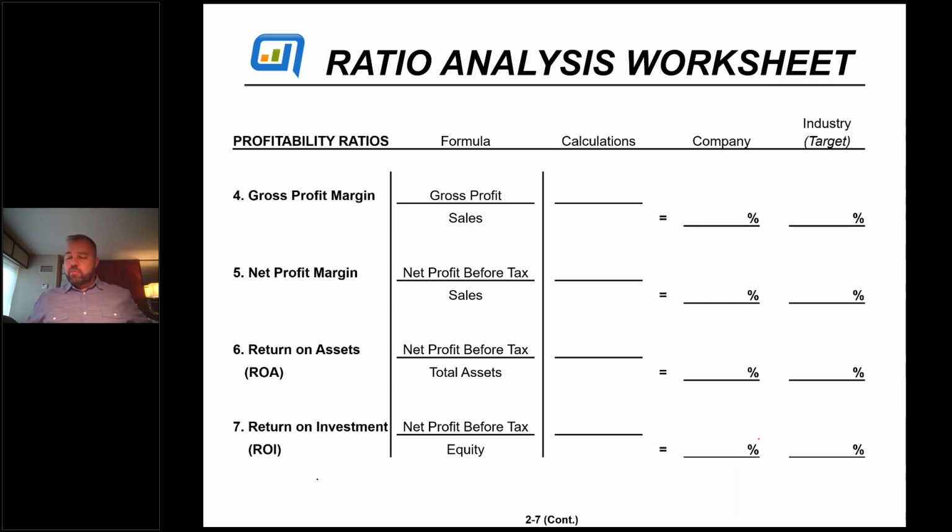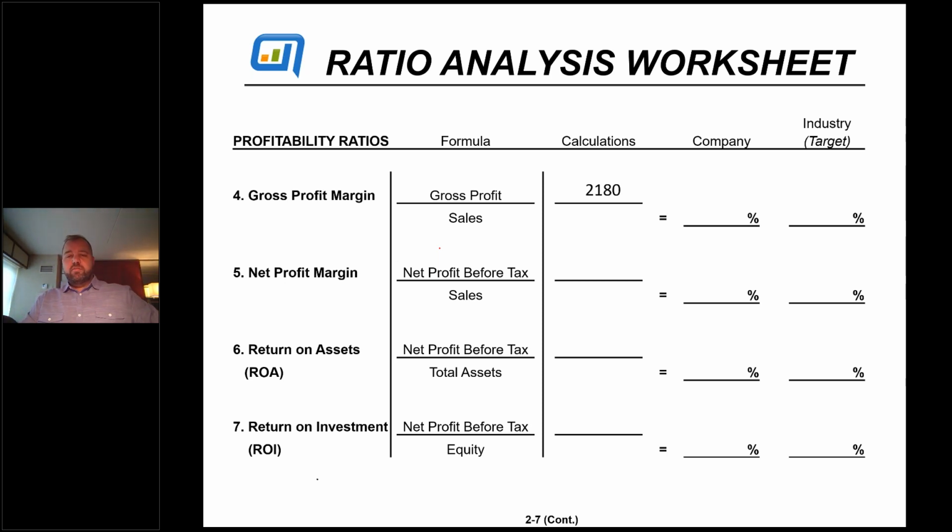Okay, number 4, gross profit margin. This is really interesting here, going gross profit. And on gross profit, we've got the most important number on the financial statement, right? This is the only money you get to spend, right, is the gross profit margin. So when we look at it from a gross profit perspective, is he good or bad, right? Is he able to generate money? This is also an indication of where his prices are. If all inventory costs the same and he's lower than his competitors, maybe his prices are lower, or vice versa. If he's higher, maybe he's pricing it higher. Gives you an indication where you are in the market.